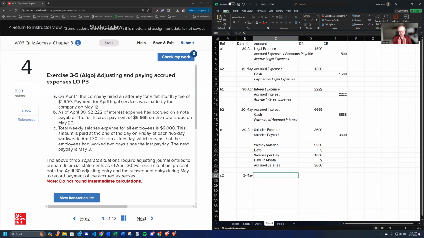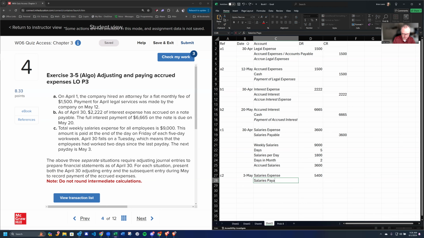really a combination of 2 things. This one's a little tricky, right? Because they haven't accrued anything so far for the other 3 days. So we're first going to do salaries expense for the days that haven't been paid yet or haven't been accrued, which is really the weekly salaries minus what we've accrued. And then we're going to do salaries